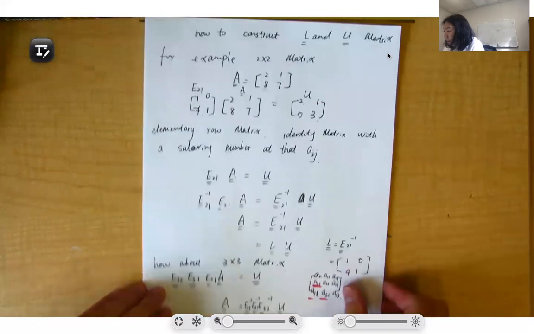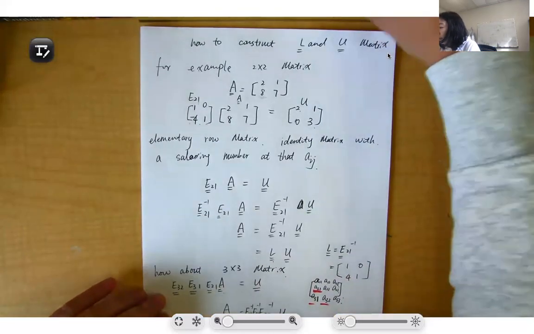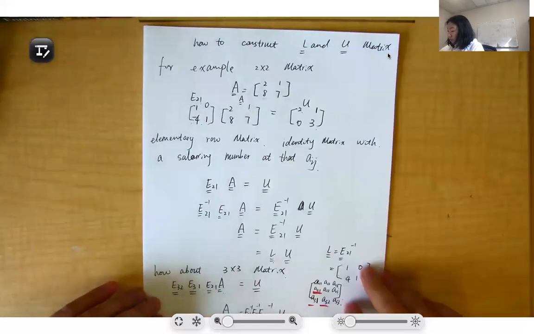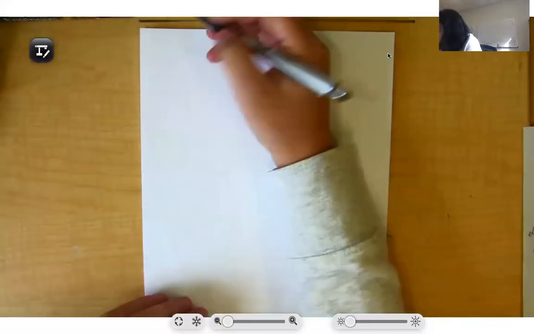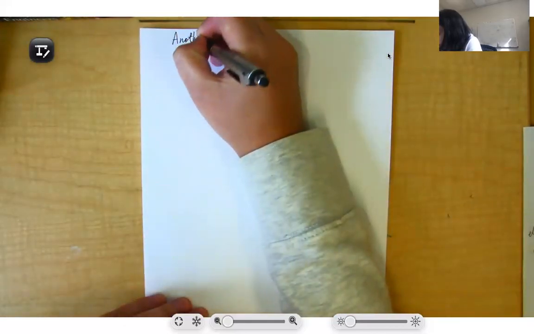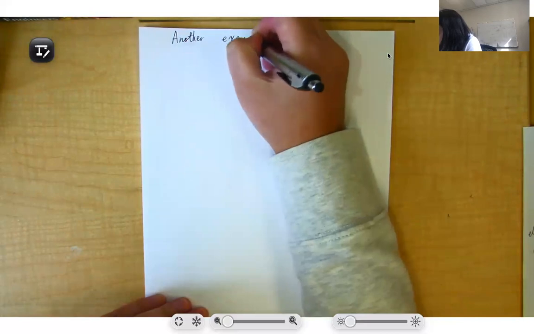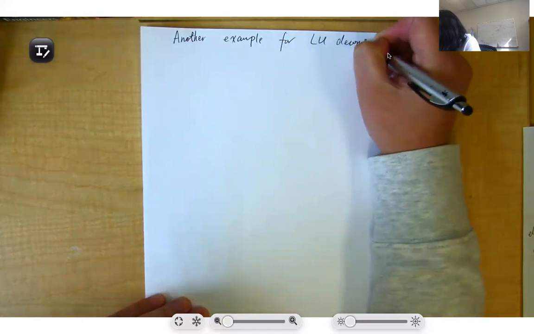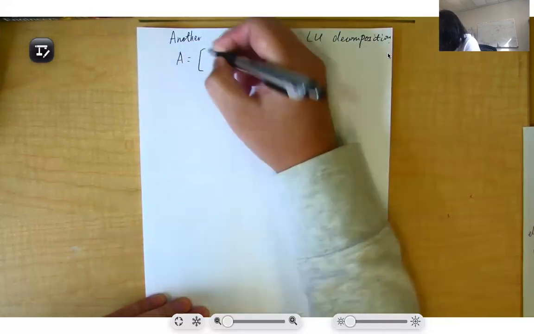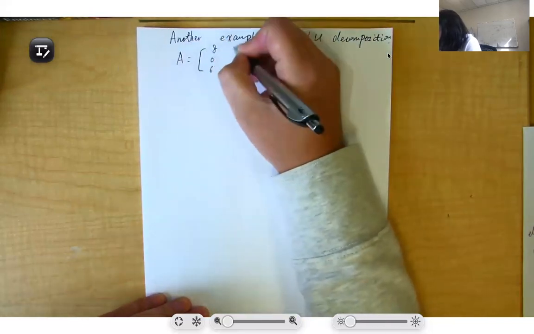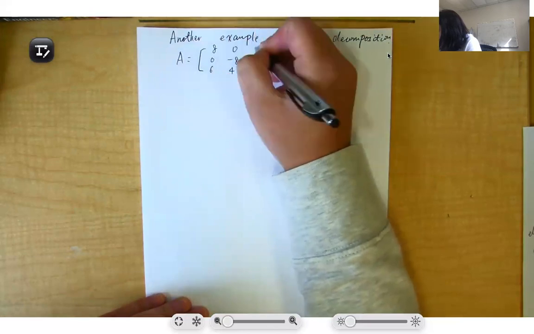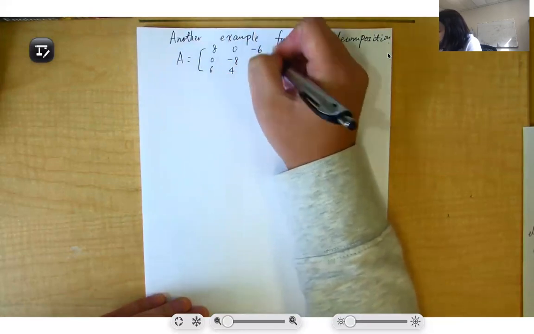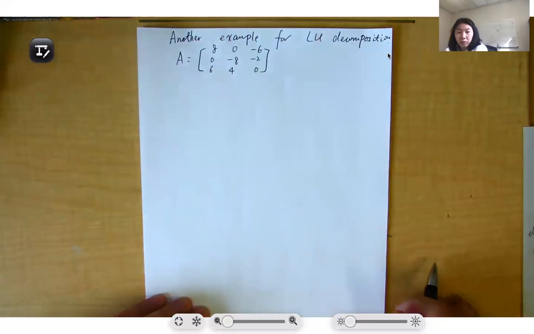And let's make an example, an example for 3 by 3 matrices. Then you will be more familiar with LU decomposition. Okay, so another example. For LU decomposition, let's say A equals 8, 0, -6, 0, -8, 4, -6, -2, 0. Okay, so this is a 3 by 3 matrix,